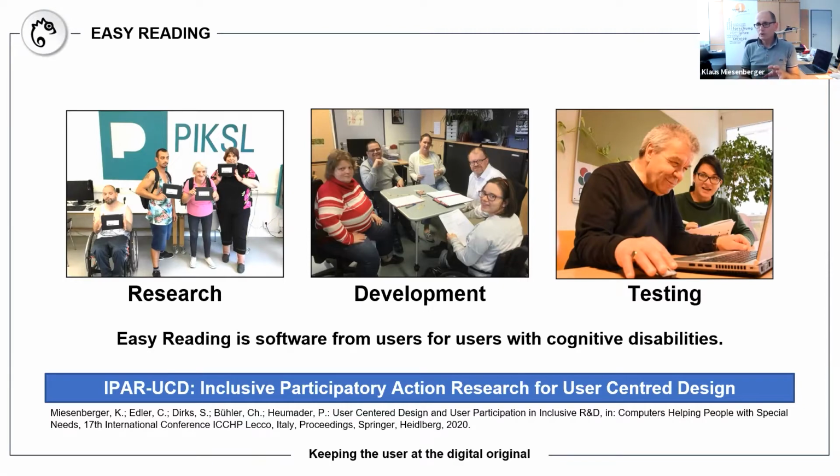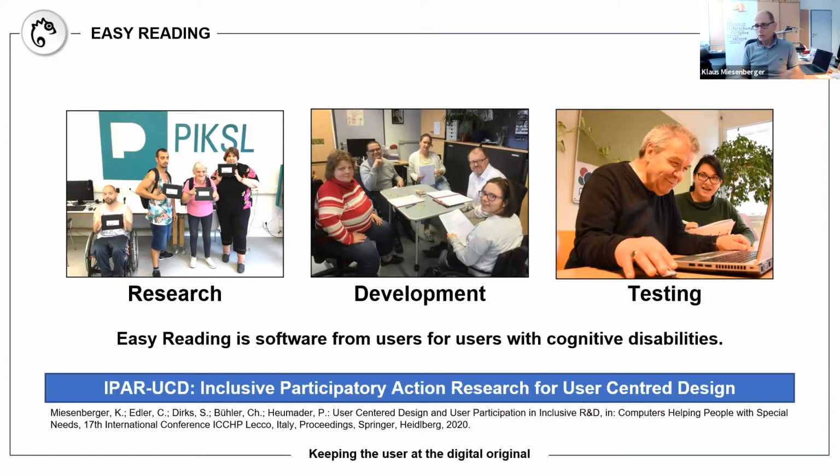We don't want to use, we are happy with all these alternatives, but actually we want to stay much more closer at the original. We want to stay in contact with mainstream. And this made us all together in an inclusive setting, considering, researching, and developing the ideas for the Easy Reading